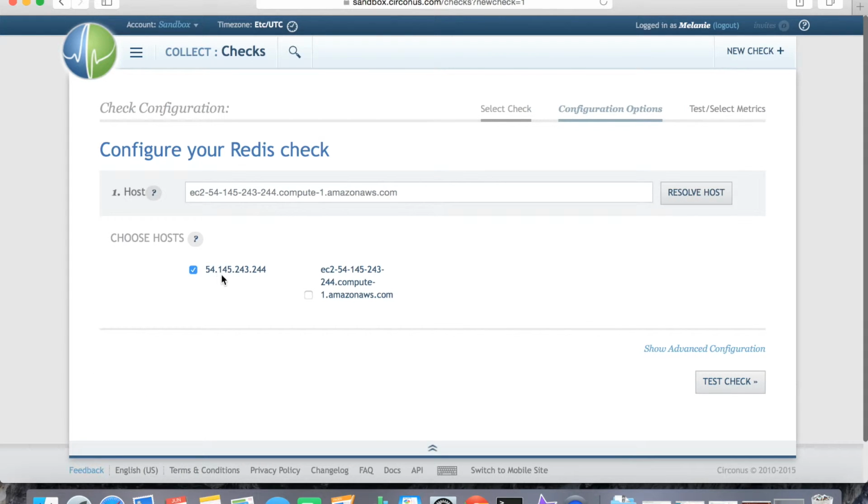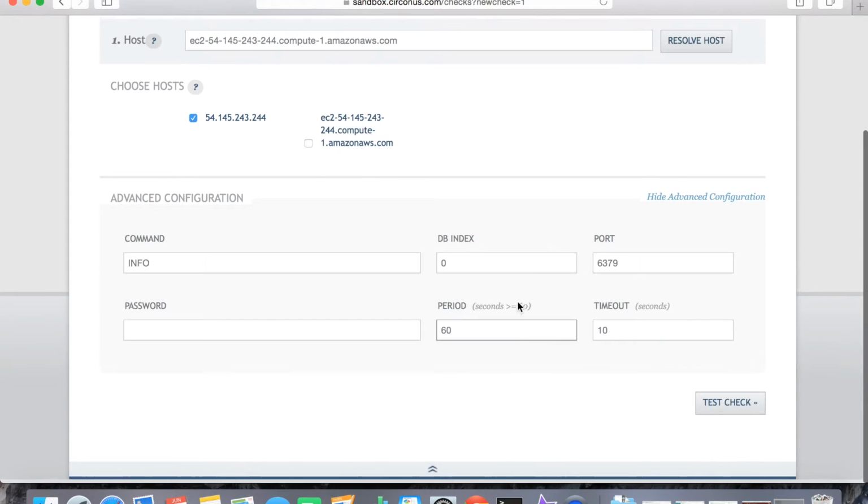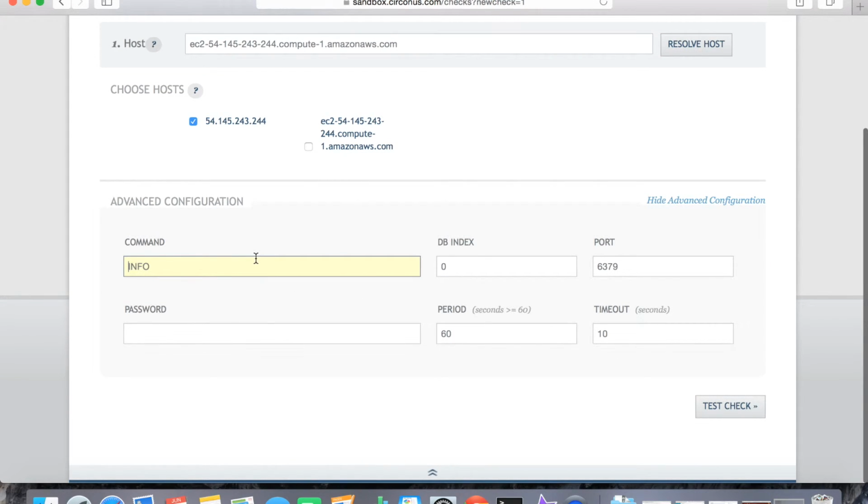And then I'm going to be resolving it, and it's going to show you either the complete URL or the IP address. I'll just stick with the IP address, and then you can click Show Advanced Configuration. And here it shows you the command Circonus will be using, which as I said earlier is info,